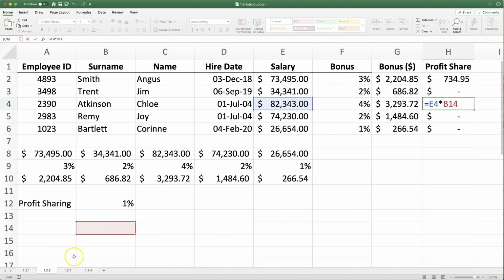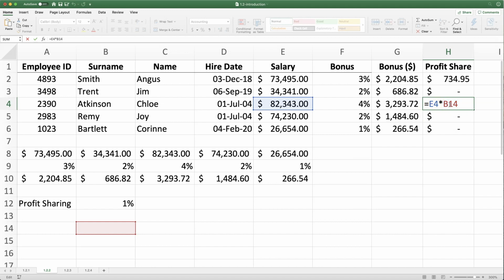profit sharing percentage. The formula no longer references the profit sharing percentage because when we moved this formula down 2 rows, it also moved the reference to this cell down 2 rows. Since the profit sharing percentage is here only once, we don't want this to move down when we move this formula down. To prevent the reference to the profit sharing percentage in B14 from moving up and down, we fix